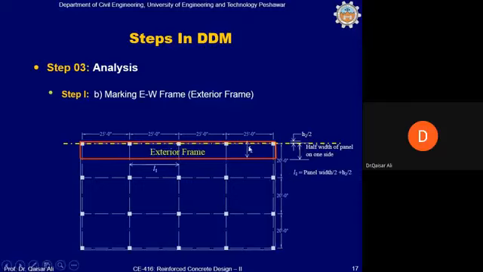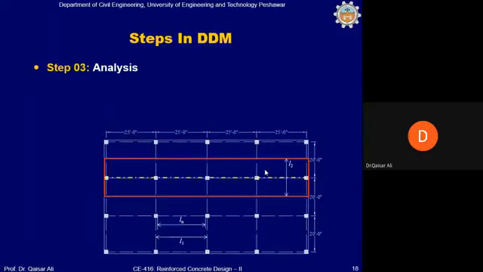So L2 in this case will be equal to panel width divided by 2. The panel width is 20 feet, so this will be 20 divided by 2, 10 feet, plus H2 divided by 2. H2 is the column size in this direction, divided by 2. It's very obvious. This is how we mark an exterior frame. Then in interior frame, okay, next is the